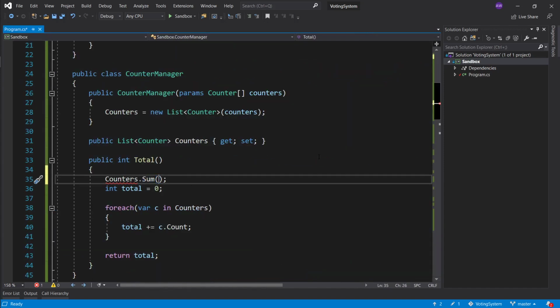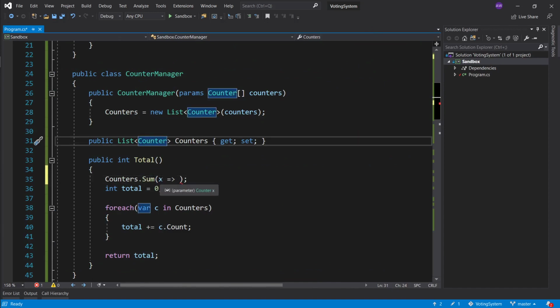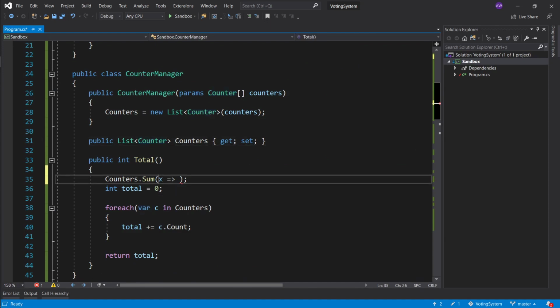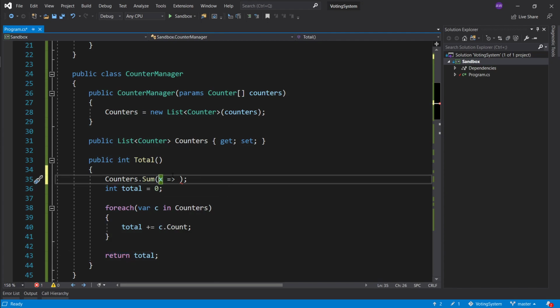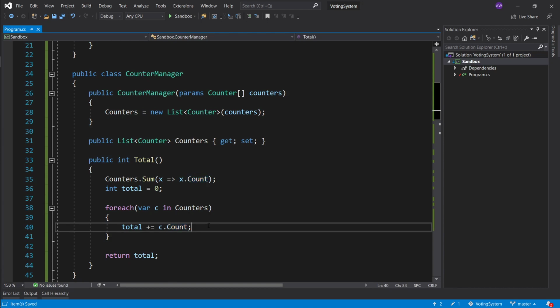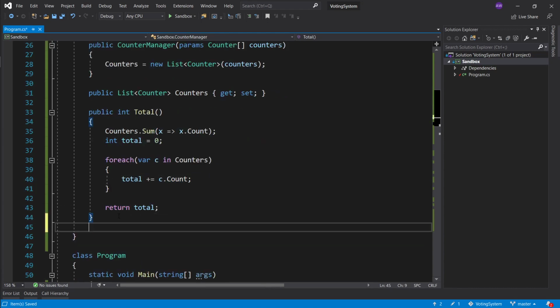So let's go ahead and pass an x, and this will be a function. It's going to take our counter object and stick it in here, and this is the same as having a function just written out here, and I'm just going to show it in a second. So let's go ahead and just select the property here, and we'll just do x.count. So what is this equal to? This will essentially equal to